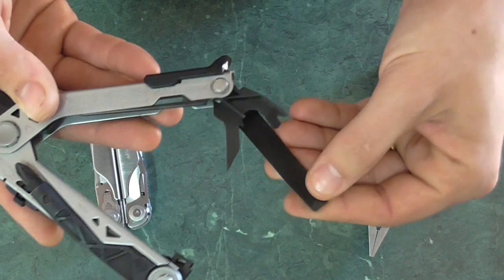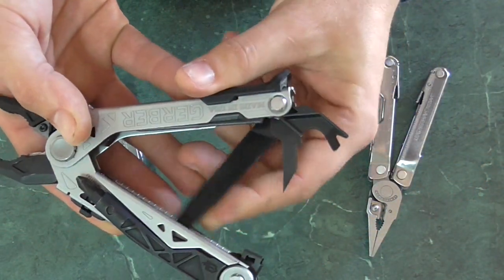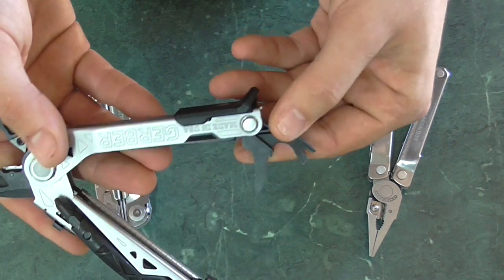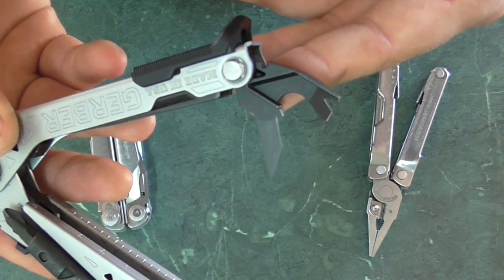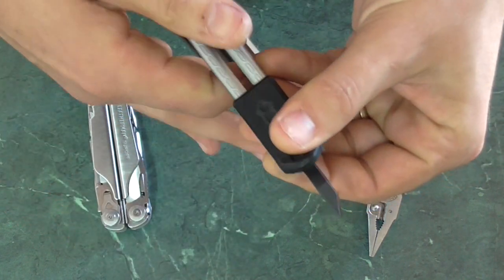The file is fine if you use the file on your tools. You've got a very, very sharp little awl that I just poked myself with. Just a little sharp piece of steel, that's what you get there. And then you've got this little cat's paw thing, which you've got to give them...